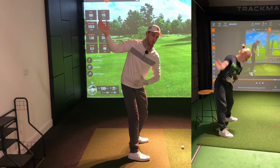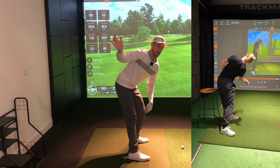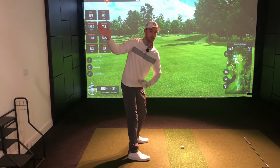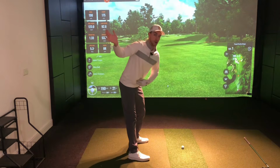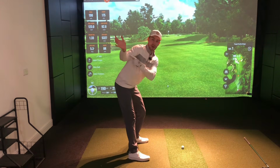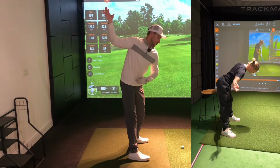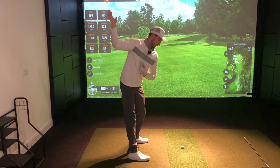I got him to push on his belt buckle here, to get his hips going further away from the golf ball. You can see I've not squatted down, I've not attempted to increase this knee flexion here. That's just happened a little bit, just because I'm pushing just above the belt buckle to get those hips going backwards. But also at the same time, I'm allowing this trail arm to sink underneath my right pectoral, my right chest